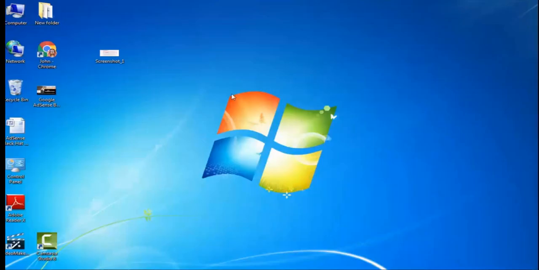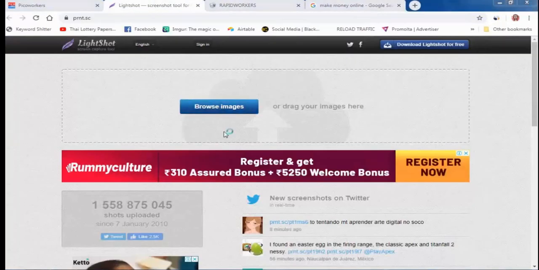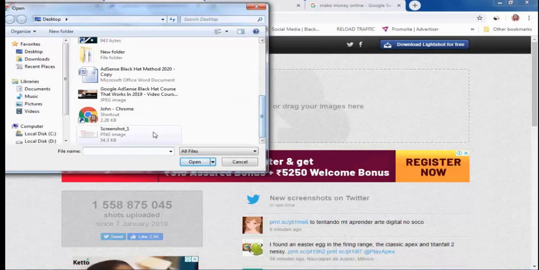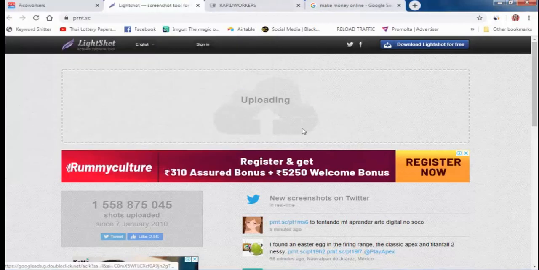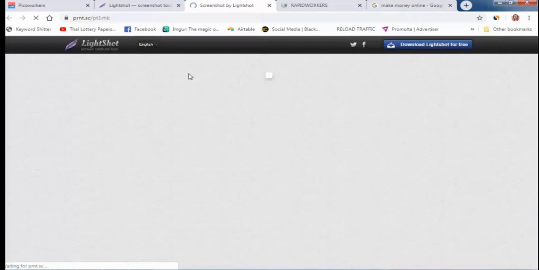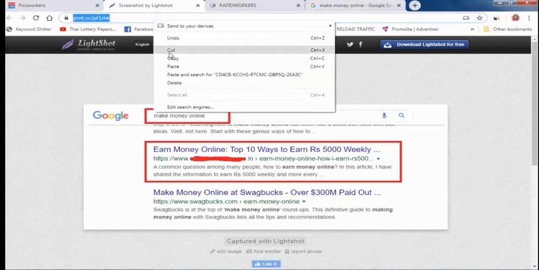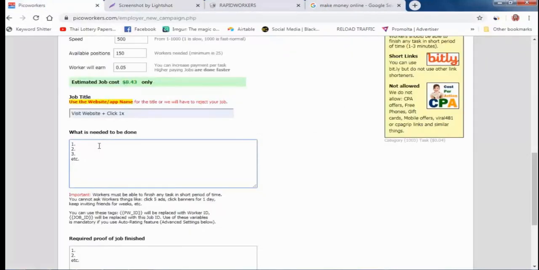and close this one, and I will upload this screenshot to here. Upload this screenshot here. After that, I will show you how you can run this type of campaign from a search engine. Close this one, copy this link. Here, everyone can watch your screenshot, what you need. This keyword, you want to search this keyword and you want to go to this website.